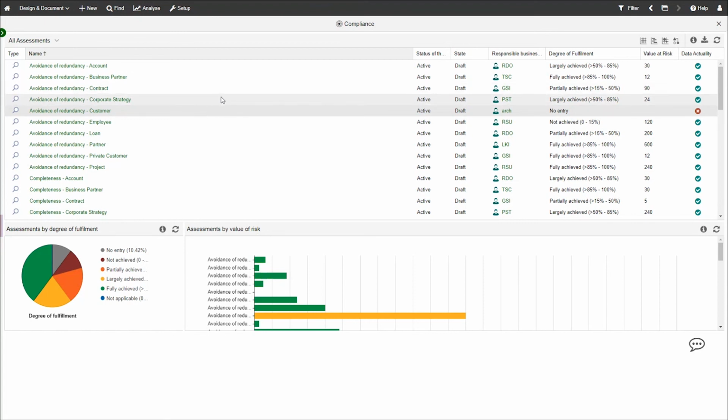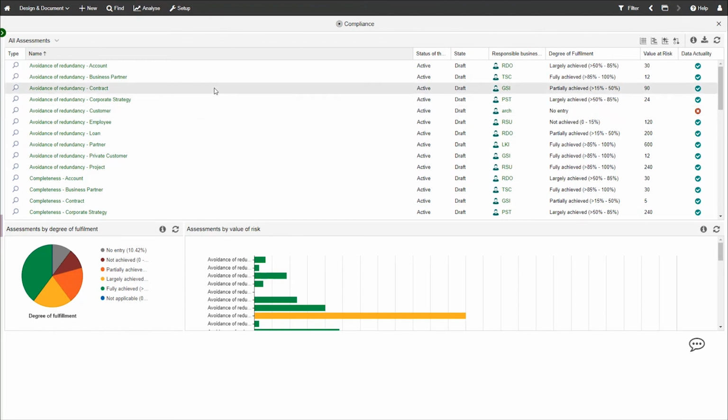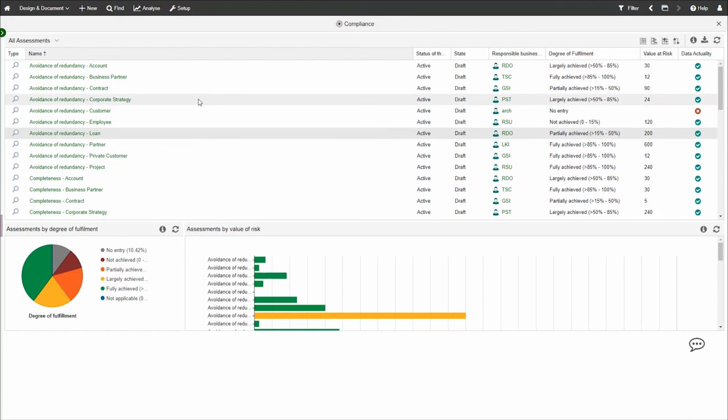So if we see, for example, here the redundancy assessment, it is created for each instance where the redundancy requirement is assigned to a data element. So we see it assigned here to our customer data, but also to other data elements such as our contract data, our account data, our loan data, and everywhere that requirement is assigned to data, we have a dedicated assessment for that, because of course, we want to assess the compliance of each data against each requirement individually. That is essentially the fundamental principle of how the assessment module works,